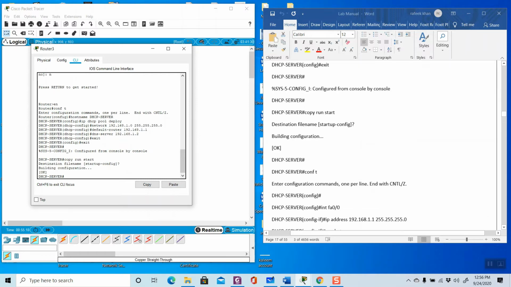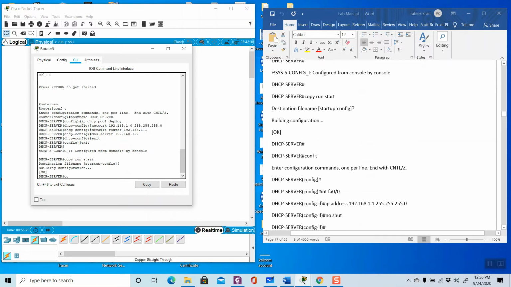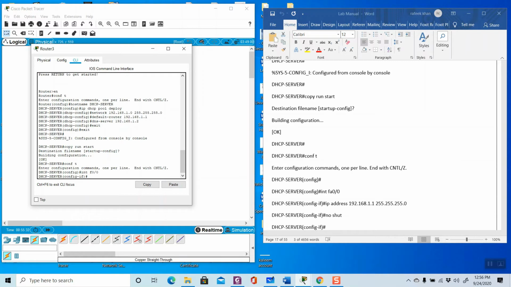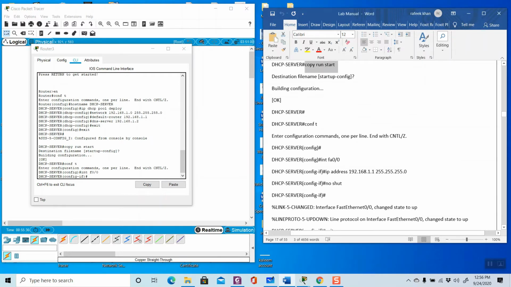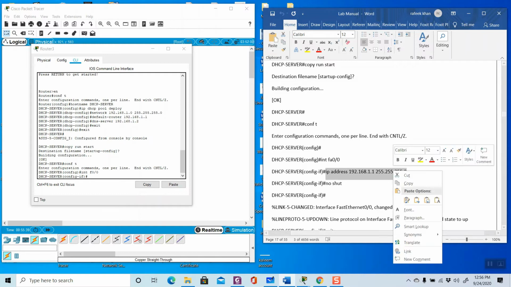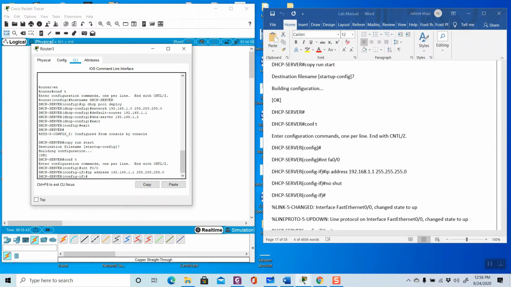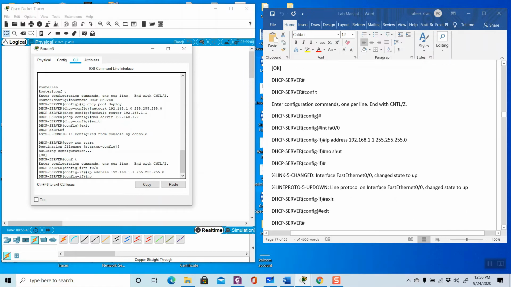Just enter after this. Now configure terminal again, and we have to give the IP address. Here I am using interface F0/0, the same that I have taken here. So interface F0/0 and give the IP address. No shutdown.